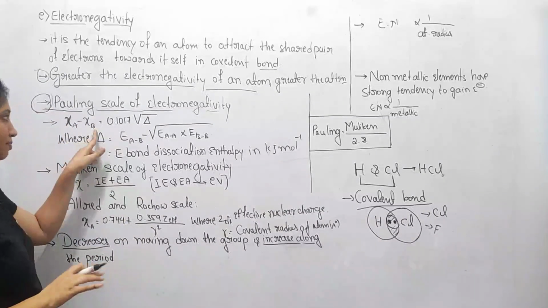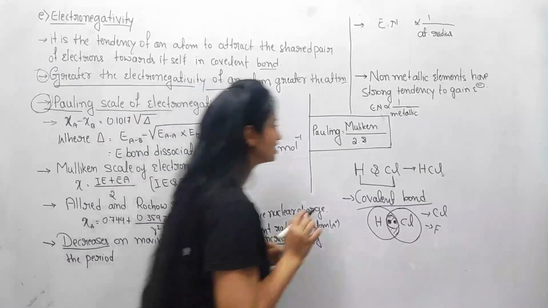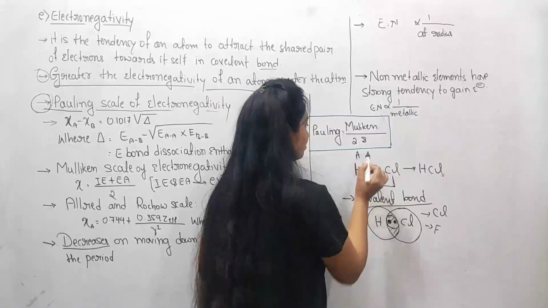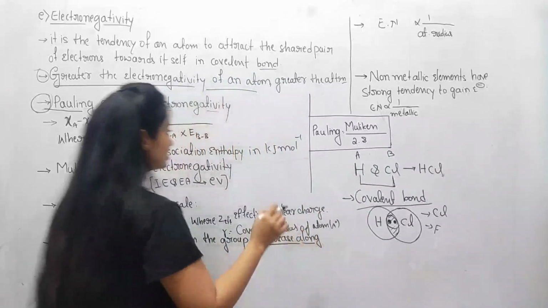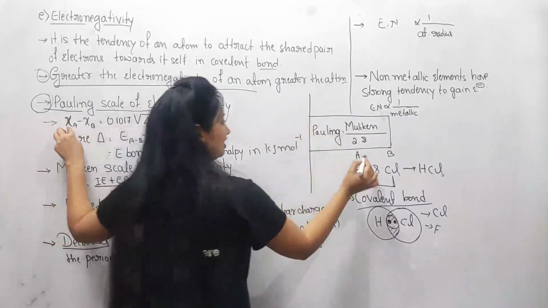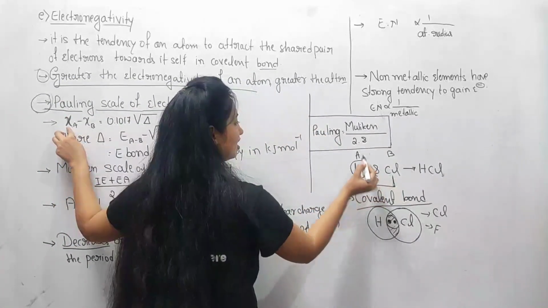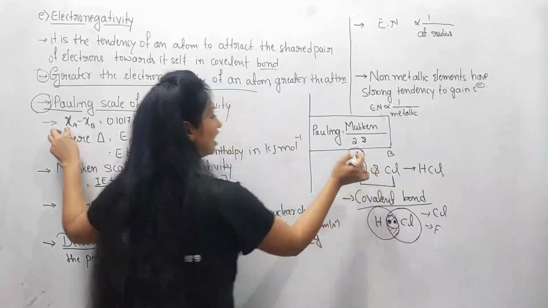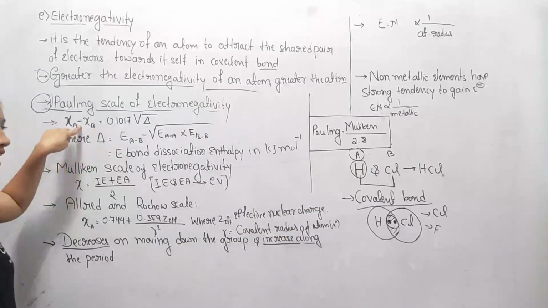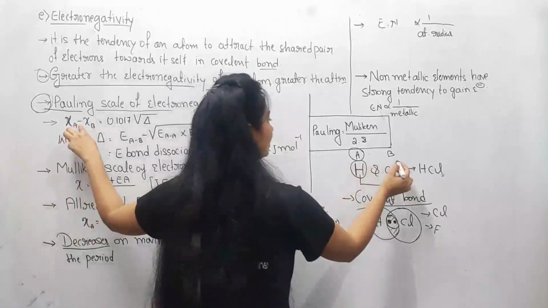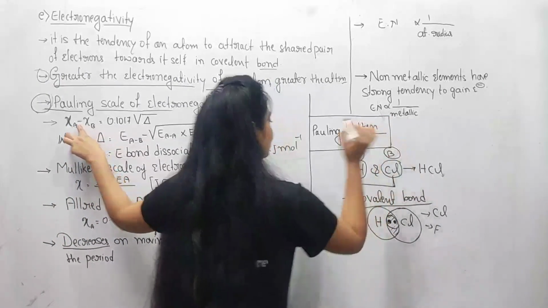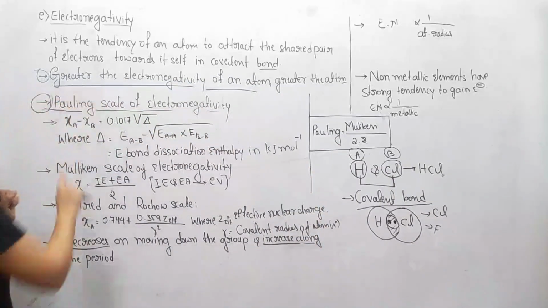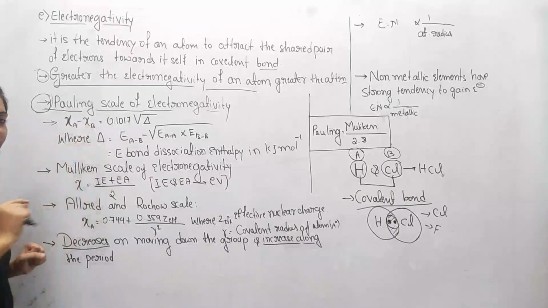XA minus XB: consider this is our atom A and this is our atom B. Means the electronegativity of hydrogen, or the electronegativity of atom A, minus the electronegativity of chlorine, or electronegativity of B. So the difference between the electronegativities